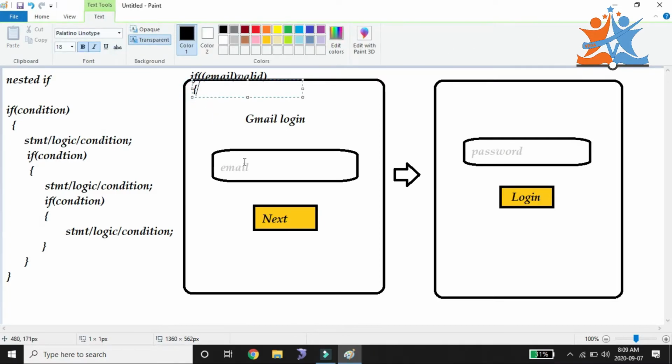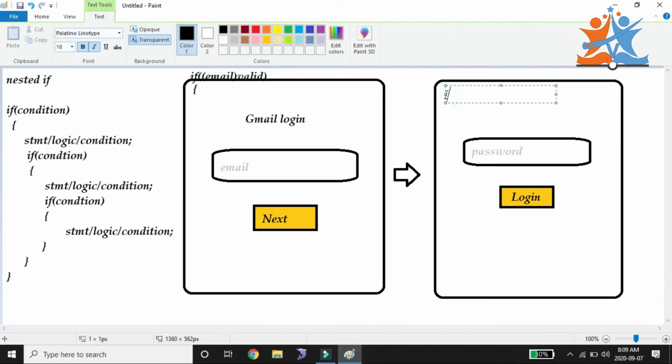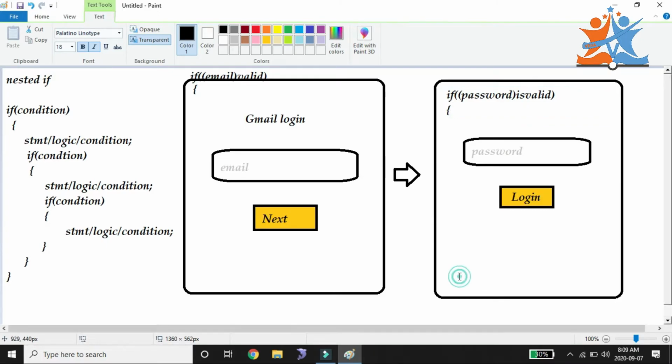After that, inside the email if condition, we have one more if condition, that is authentication of the password: if the password is valid, then it will check, inside the body, the password login. If valid, it will be redirected to which page? The next home page of Gmail.